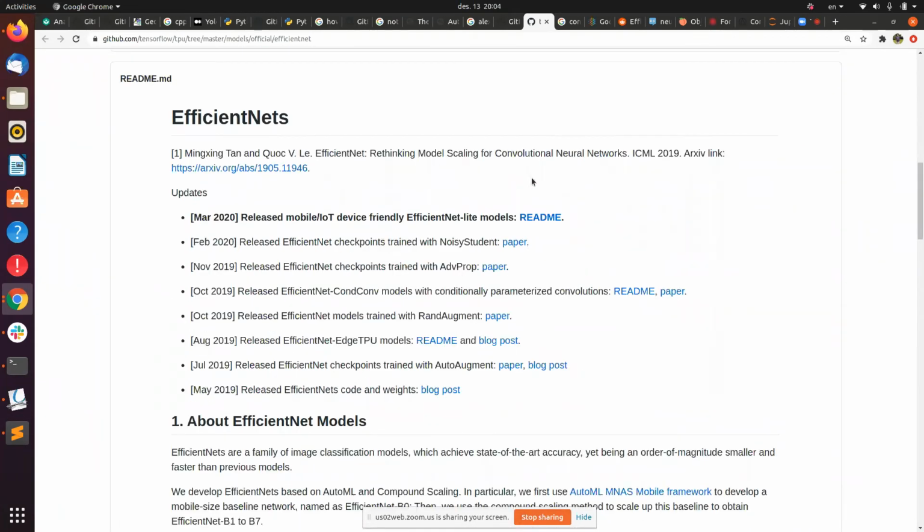If you see May 2019, this is the base network, EfficientNet BaseNet, and it has 7 versions in it. On top of that, they have applied AutoAugment, which boosted the accuracy further. Then this Edge TPU, kind of for mobile models. Then they applied RandAugment, which again gave an accuracy boost. And the major thing is now the state of the art is something like Noisy Student, which is